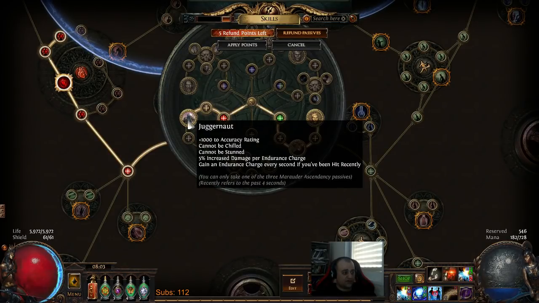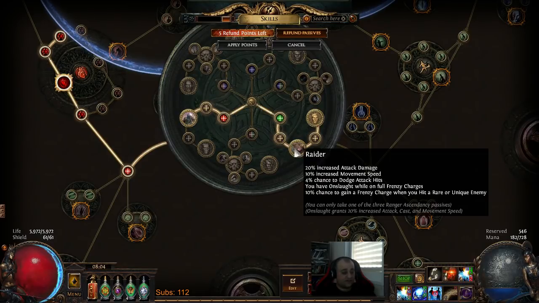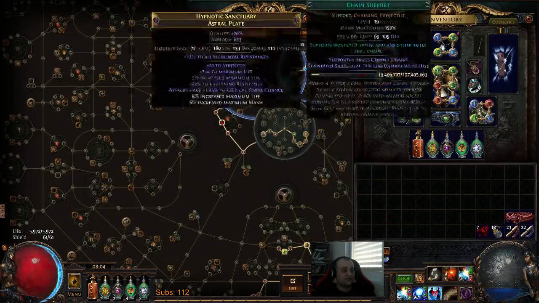Just one more word about the endurance charge. This actually gives us 5% more damage, or increased damage per endurance charge. So there's that, cannot be chilled, cannot be stunned, and 1000 accuracy, so we don't have to worry about that on gear unless we accidentally get it, which we actually did. But yeah, endurance charge generation, being the Jugg, cannot be stunned, and the damage, and a bunch of accuracy. And over here, this is how we generate our frenzies. Frenzy is more damage per frenzy charge, and of course more attack speed per frenzy charge. And when we reach maximum frenzies, we are getting onslaught, which is 20% attack, cast, and movement speed. Right, so perma onslaught, perma frenzy charges, and we're gonna get all these juicy increased damage rolls off of these